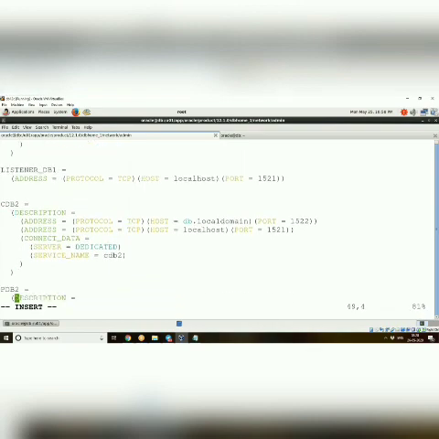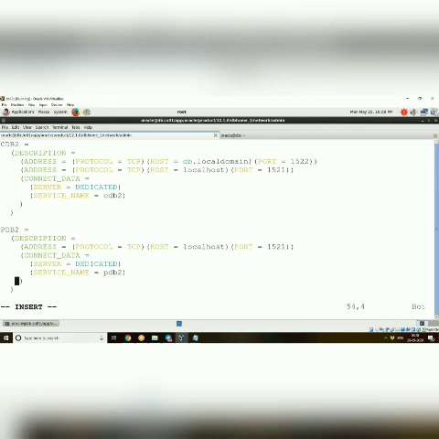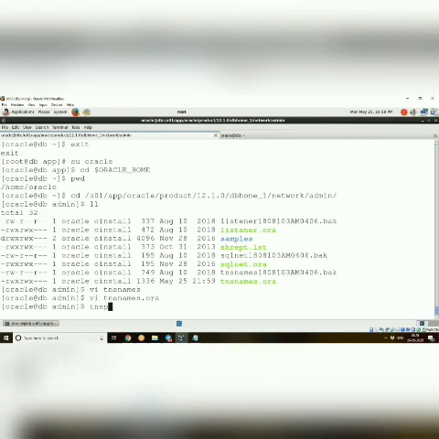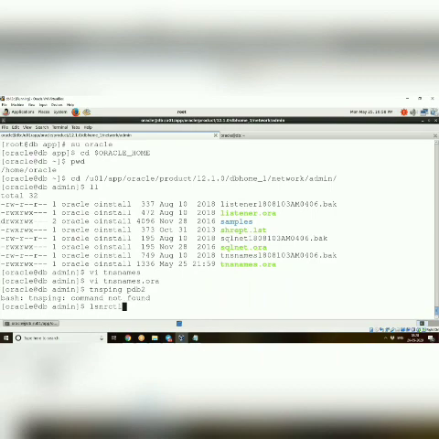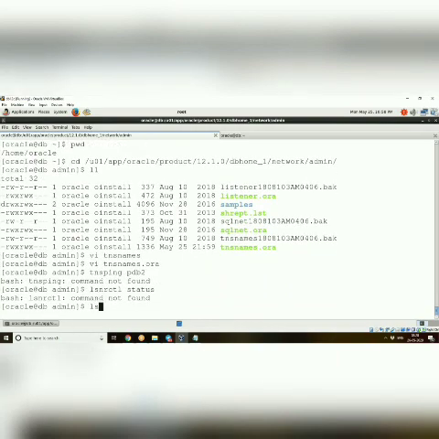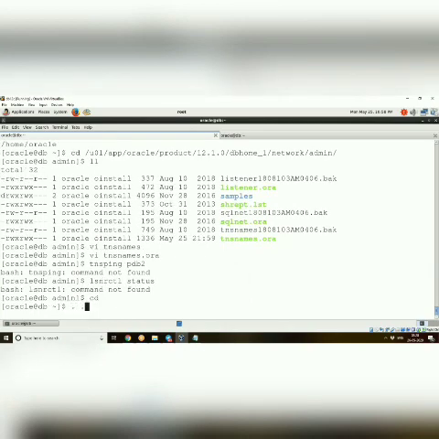Okay. So TNS ping PDB2, because the listener is not up. So we'll check the listener. So ls. Oracle home and all is not set. That's why it is saying command not found.